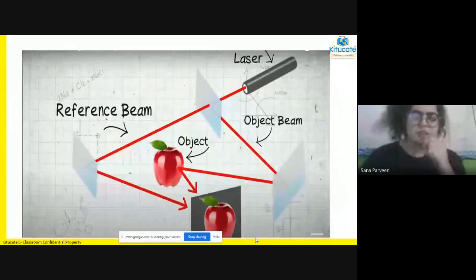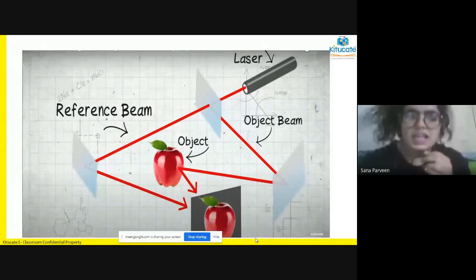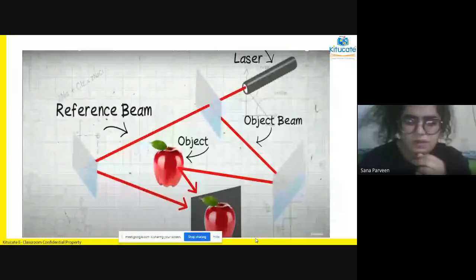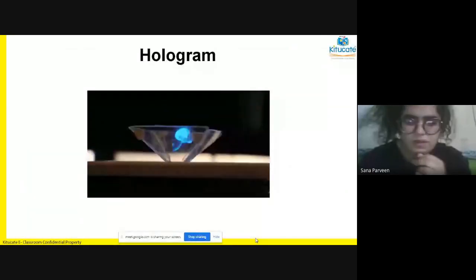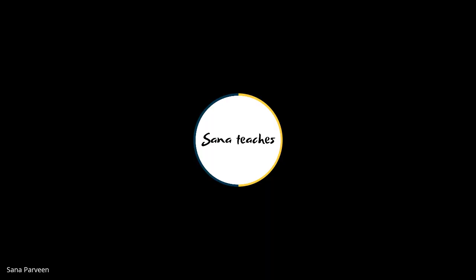So here we are taking a laser because we want light to travel in a straight line. We don't want the light to travel here and there. So we take a laser and we take 2, or like we have got 1, 2 and 3 surfaces present here. The same surface you have to take. We have taken almost 3 surfaces, and you have to deflect the beam. You have to split the beam into 2. One is the reference beam and the other one is the object beam.